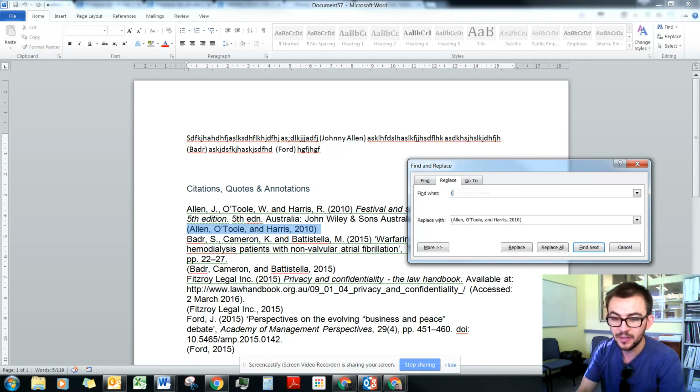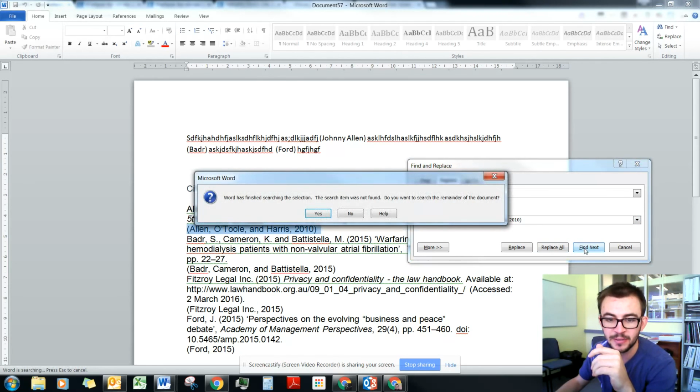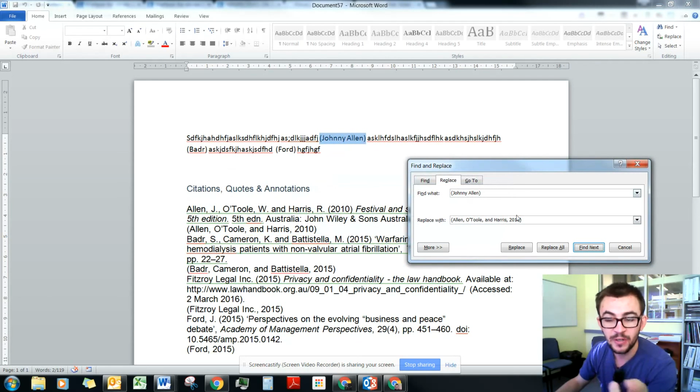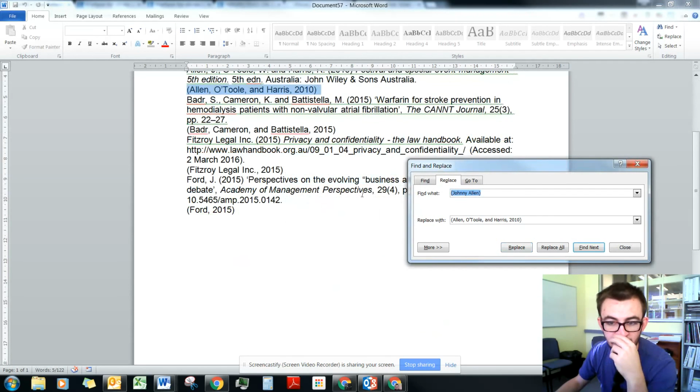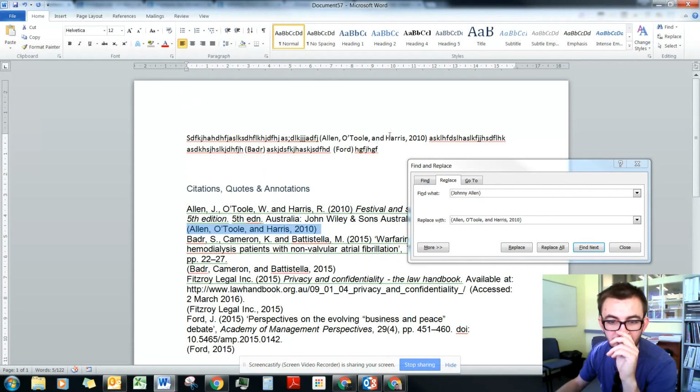So I'm going to tell it, find Johnny Allen in the brackets and replace it with Allen, O'Toole, and Harris. And you can go find next, and it'll find it. And then you go replace, and it will replace your in-text reference. Now, the reason why I say this is good is because when you're typing, if you use the author's full name, like, this might be J. Ford, and this is S. Badur,